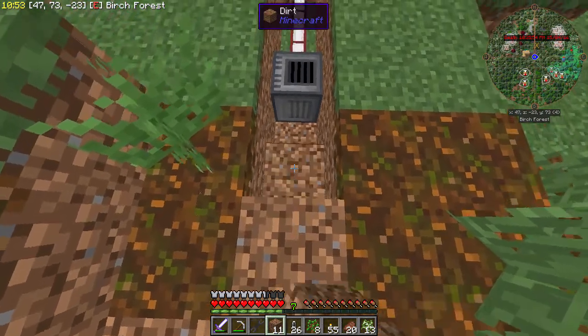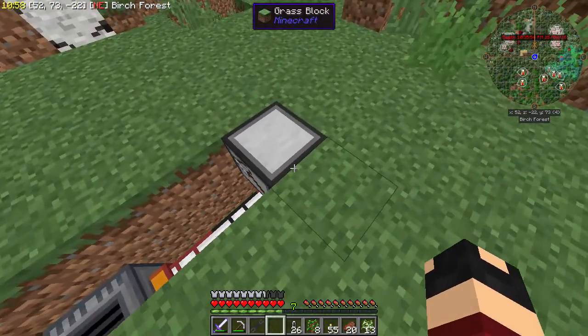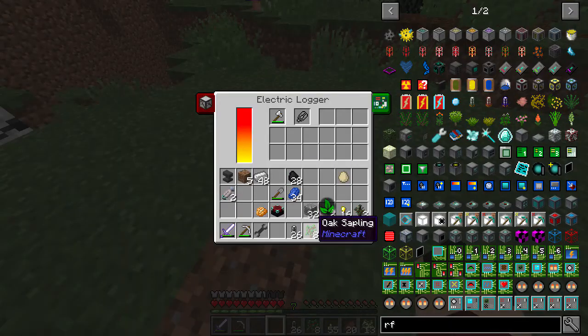I might have to have a little bit of a mess around with this, but for now, that actually works pretty well. And what I figured out is, let's just place all of this back. And what I figured out is if you just give it a little bit of oak saplings up here, or any type of saplings, and just wait a second, hopefully,